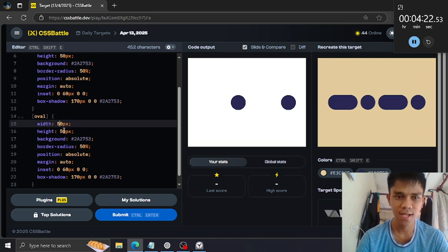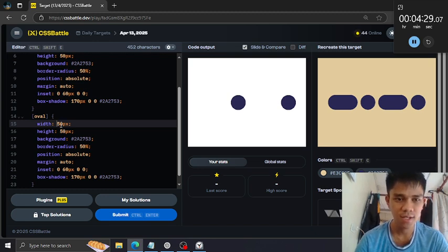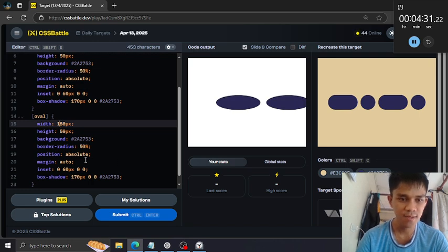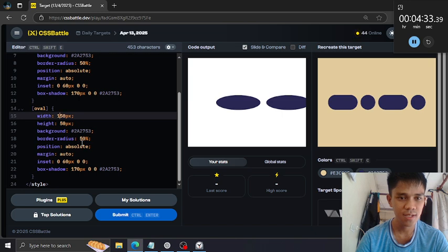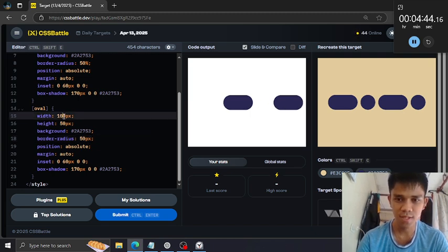The height and the width are not equal, so we have to increase the width to 150, and then the border roundness, change the percent value to pixel. Yeah, reduce this a bit.